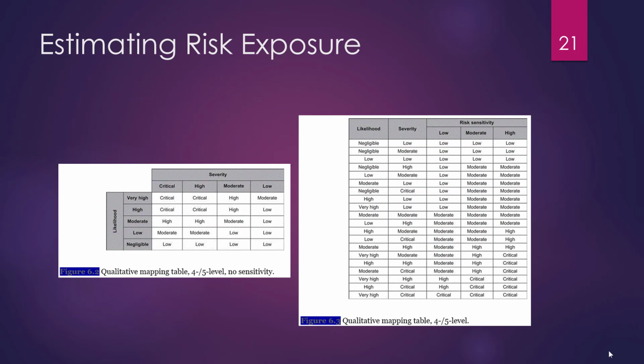Well, when you start to map all of this in, you start to get a pretty detailed chart here. And here, again, you see the same format that we used before. We took that likelihood and severity and mapped it to a 4-5 scale. And here's another mapping where we've got likelihood, severity, and we've moved risk sensitivity into it. Here you can see it's ranging from low through moderate to high to critical, all the way down there. And you can see the impact of having that negligible setting over in the